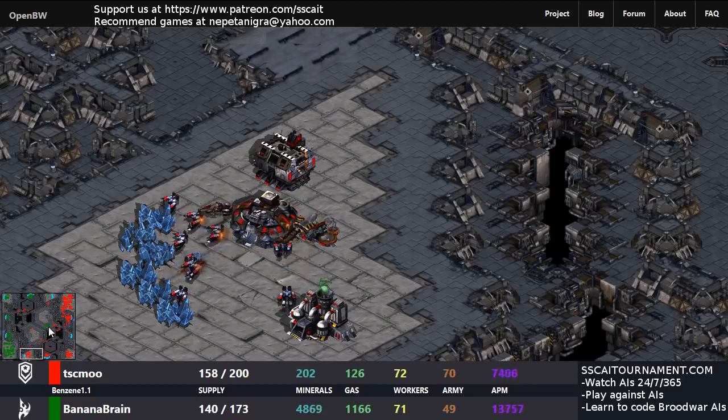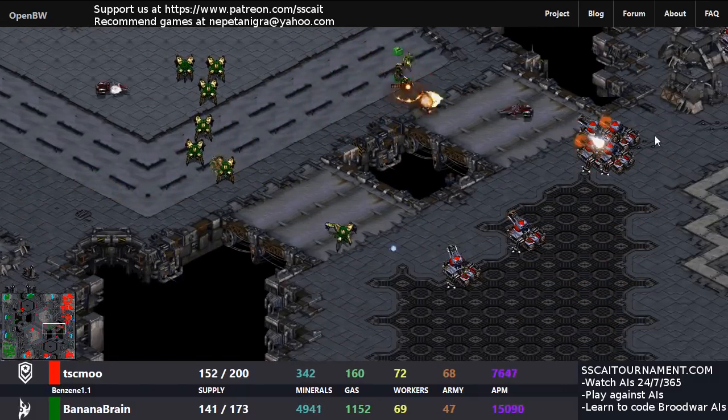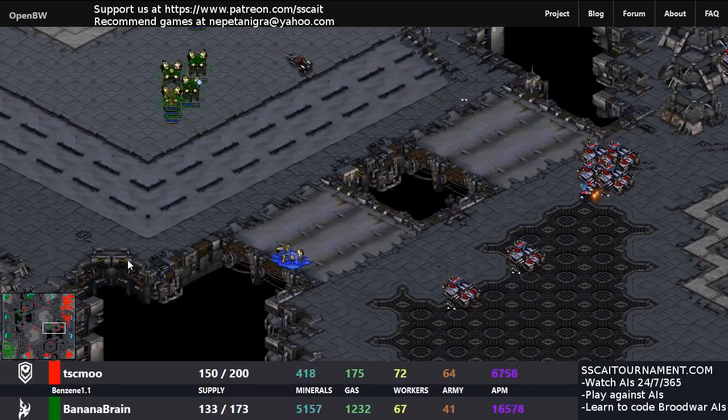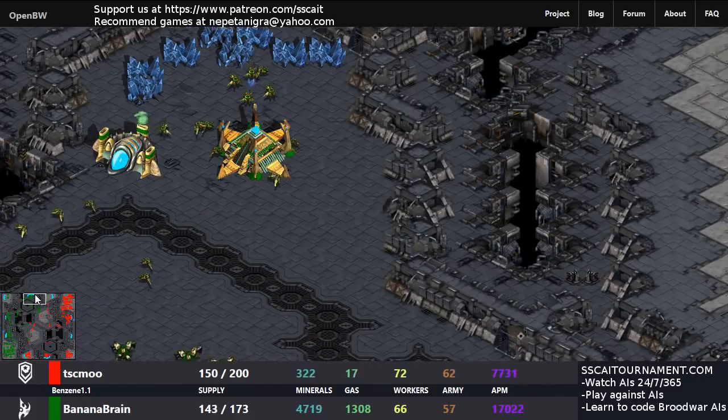bugging around the SCVs. So now again TSMU losing a couple of tanks for no good reason other than not protecting them at all. But more tanks in the rear do the blasting, and of course one base of Banana Brain's has been shot to pieces. So all in all, I'm not entirely... oh